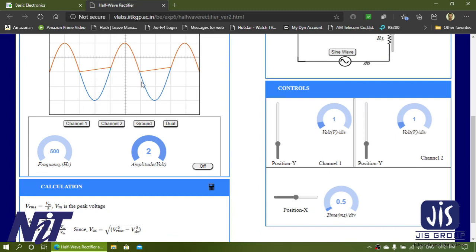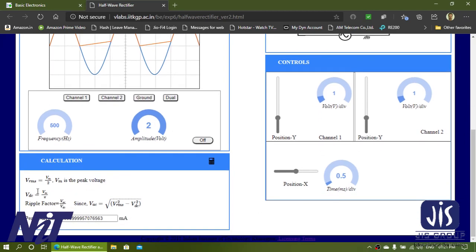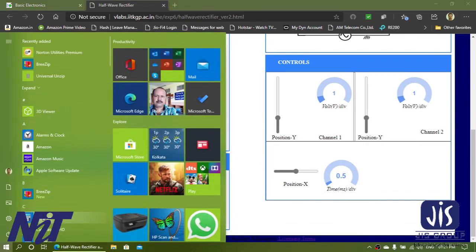As the input is 2 volt peak, your Vm is 2 volt, and this way from the function generator you will also confirm that your Vm is 2 volt peak. After getting the Vm, you will have to calculate Vrms and Vdc. Let's do it. Open a calculator